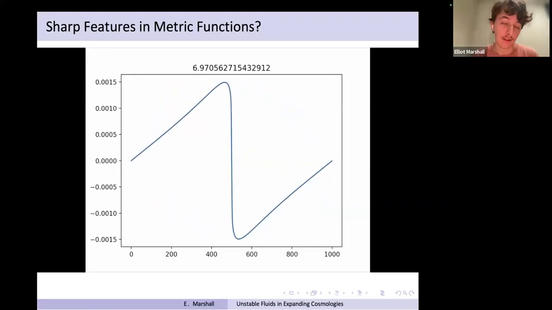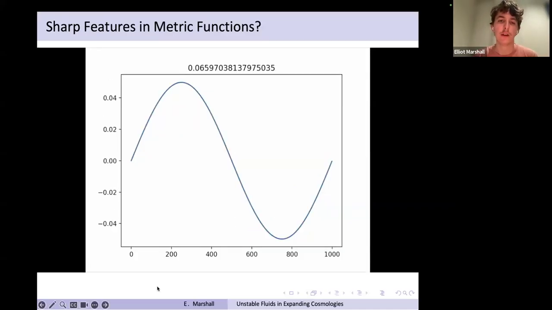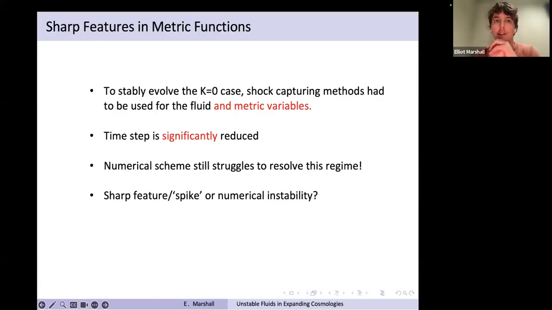So at least to me, that looks very discontinuous. And that's sort of interesting because you shouldn't expect discontinuities in the Einstein part of things. The Einstein equations are linearly degenerate, so you shouldn't expect, at least to my understanding, shocks to form from smooth initial data. And so the question is, well, what is causing this?